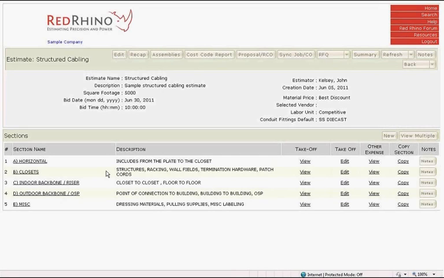Wall field covers from the plywood backboard to the wall field termination hardware. Last, your closet will have patch cords and cross connects. So anything you would use to finish the terminations of your horizontal cable plant that connect to the active smart